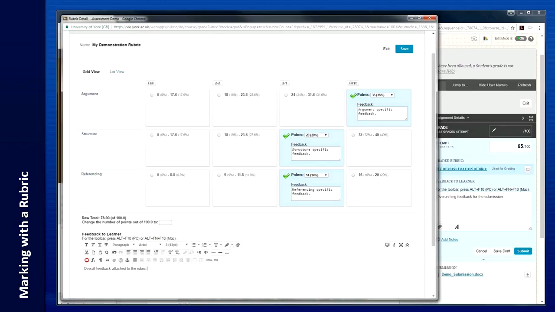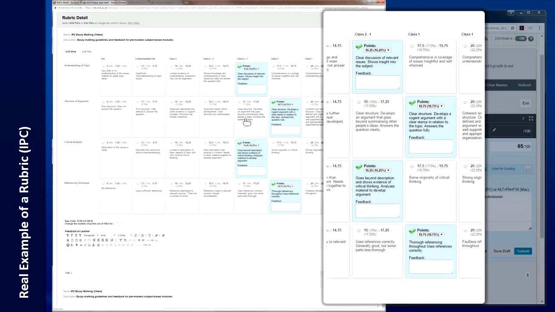And just so you can see an actual real one, this is being used by the new IPC department, who have applied this across all of the English-related programs. Now, they've got different rubrics for different assessments, but you can see here that this is quite a comprehensive rubric against these criteria here, which are understanding, structure, critical analysis and referencing, and there is canned feedback already